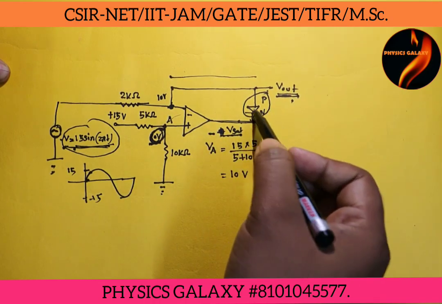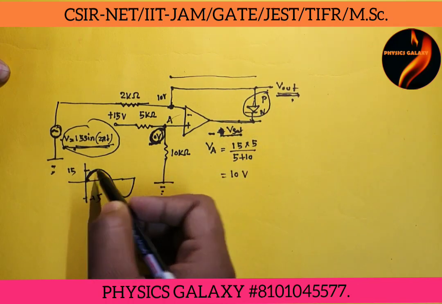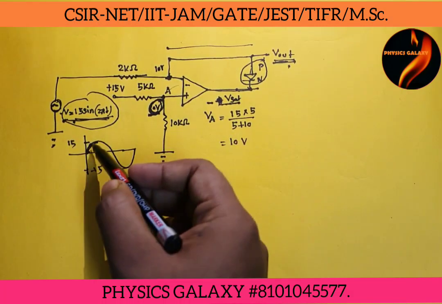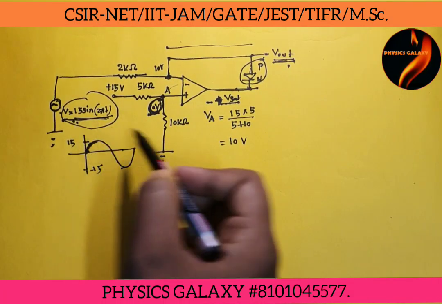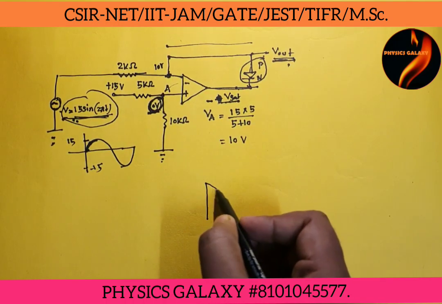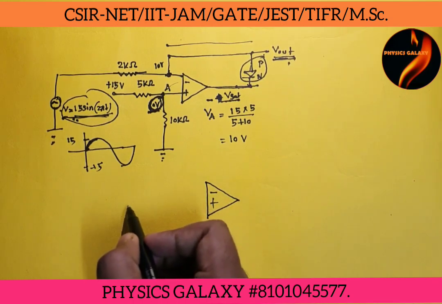So in this condition the diode will be acted when the sinusoidal voltage is greater than 10 volt. So let us draw the picture for the case when the sinusoidal voltage is greater than 10 volt. So in this condition, this circuit diagram will be transformed to